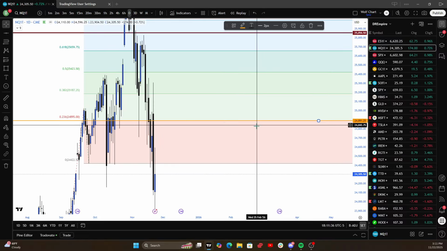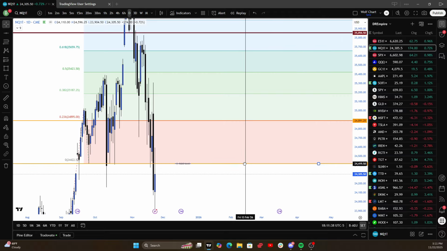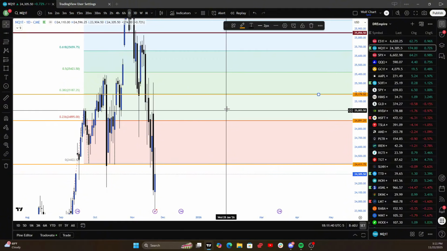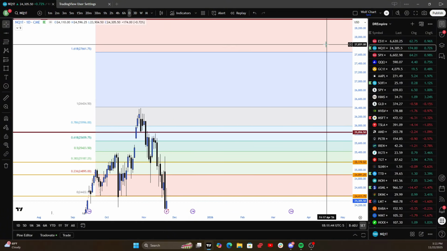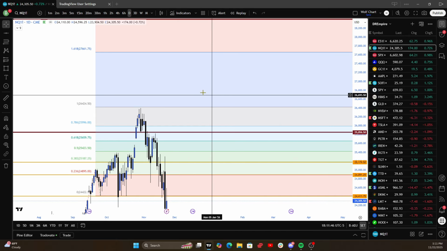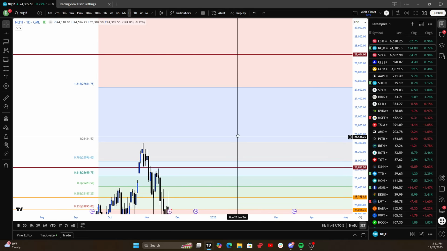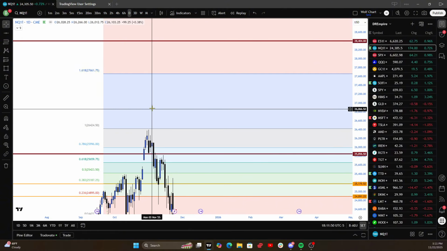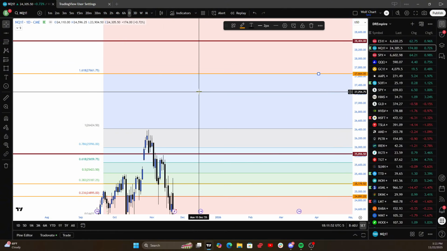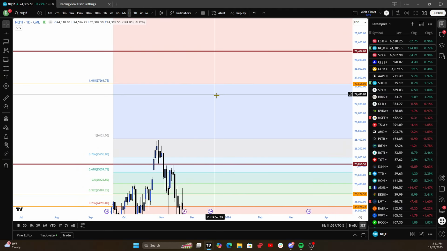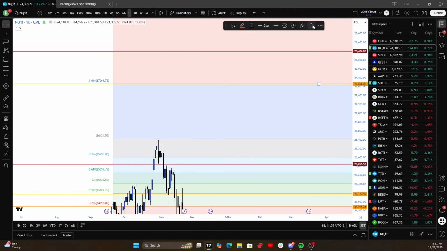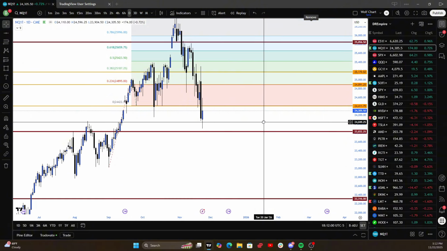So I'd go in and I'd mark the 1 day. And basically what this does is it helps you, this definitely helps you whenever the markets are at all-time highs. So like if we were to break this high, we could put this level and we could be expecting to go up here, and we could have some kind of level at all-time highs. That's what this helps with. But it also just helps with